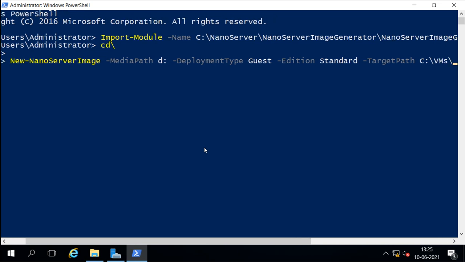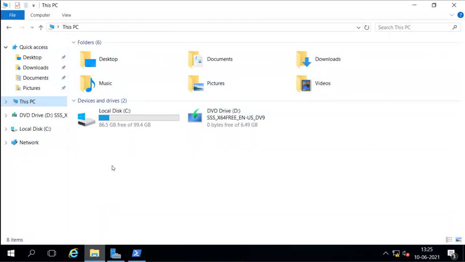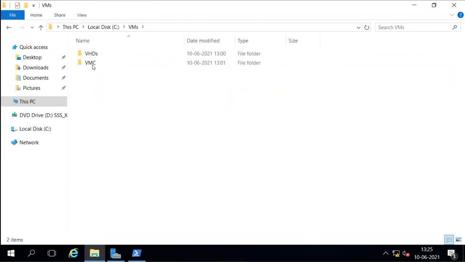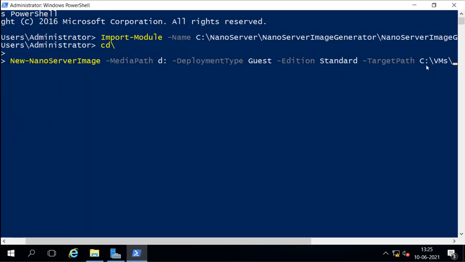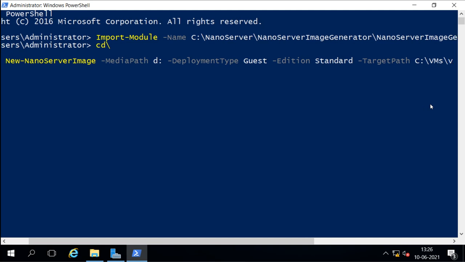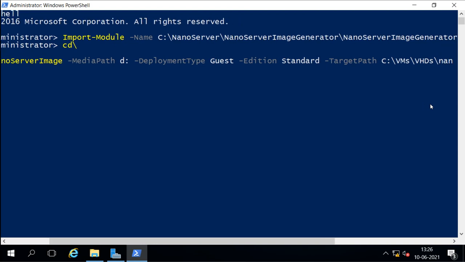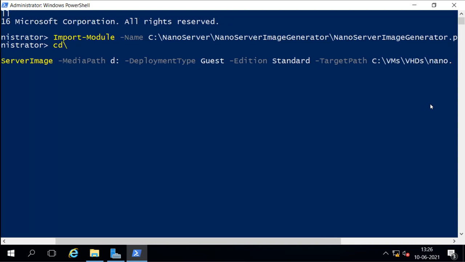If you remember, I created a path under the C drive, VMs and VHDs, so I'm going to create my virtual disk here. I'm mentioning the path under the C drive, VMs, and under that VHDs. And here I will mention the name for my nano server's virtual hard disk, let's say nano or nano1.vhdx.